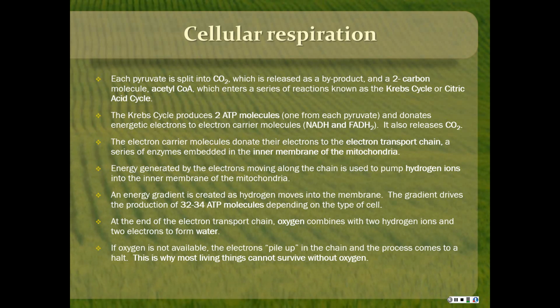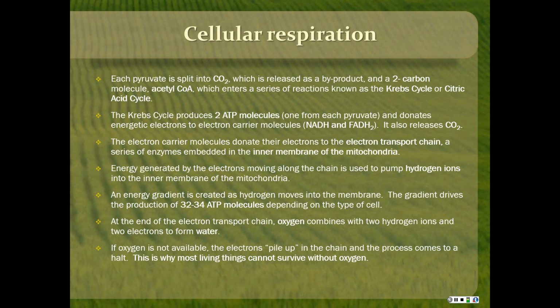And then the electrons moving along the chain develop an energy gradient and pump hydrogen ions into the inner membrane of the mitochondria. And this is where most of the energy is developed, 32 to 34 ATP molecules, depending on the type of cell. And so at the end of the electron transport chain, oxygen is needed to combine with 2 hydrogen ions